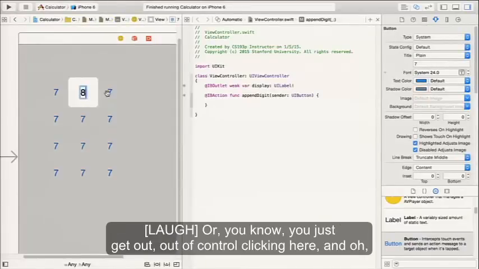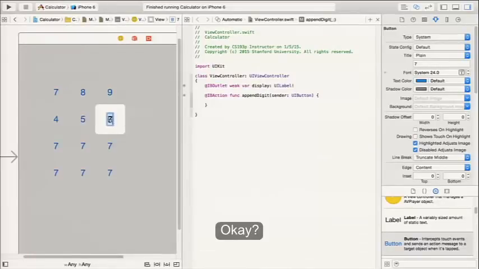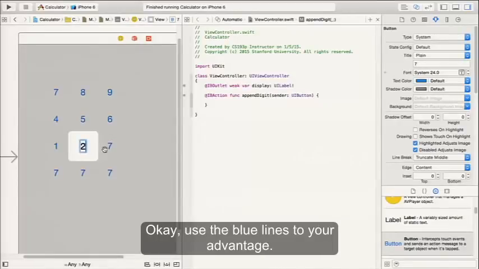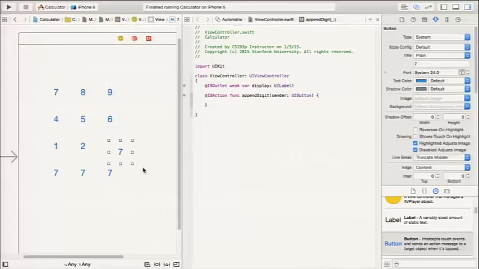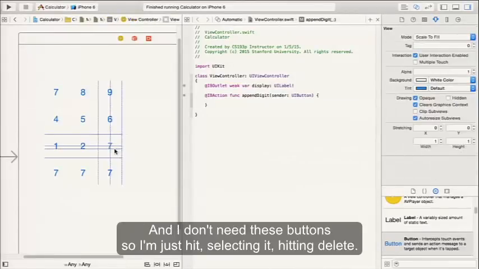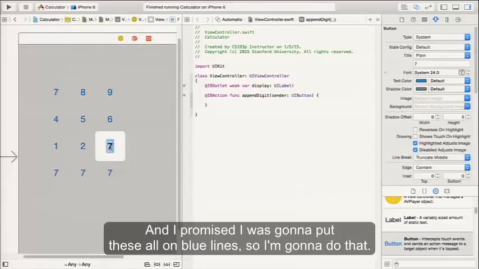Just need to edit the titles. Now, while I'm editing these titles, sometimes you're clicking around in here and you're not a very accurate clicker, or you just get out of control clicking and oh, you moved it out of the way. No problem. You can just put it right back in. Use the blue lines to your advantage. And we'll put our 0 down here. And I don't need